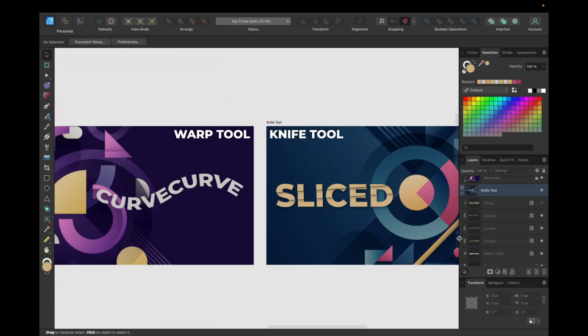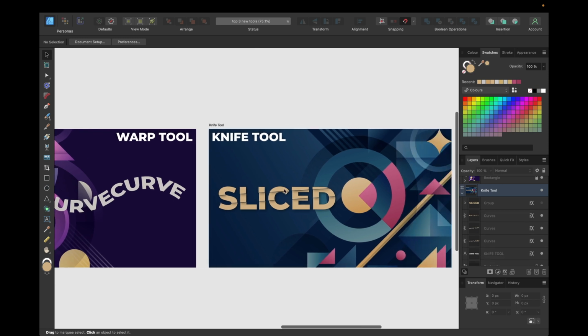And after that, we are finished with this text effect, also with the chapter on the knife tool, and with